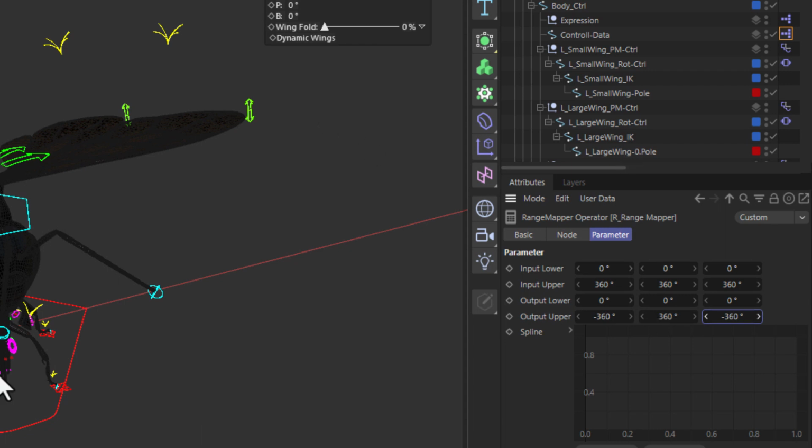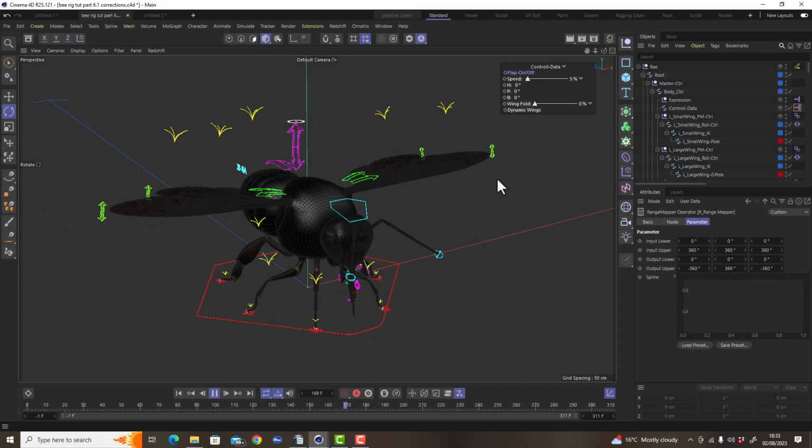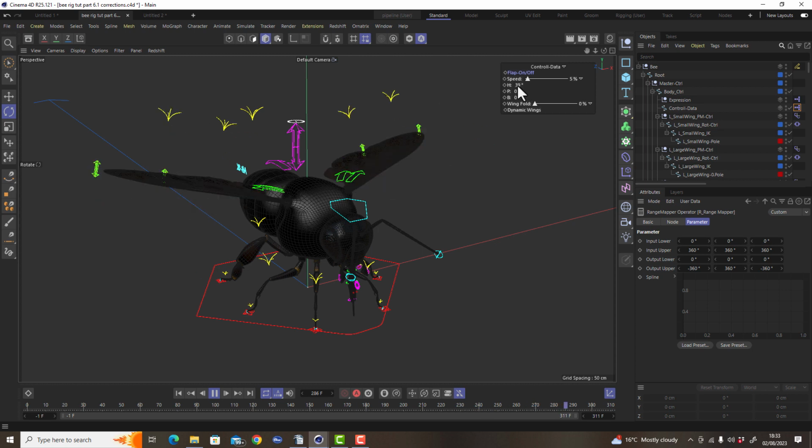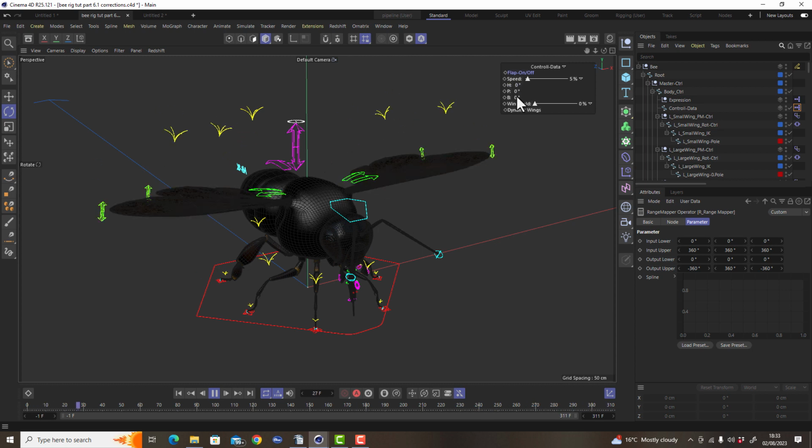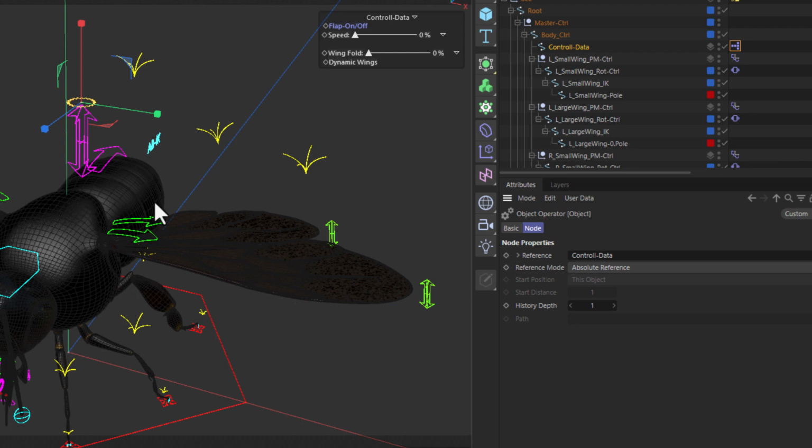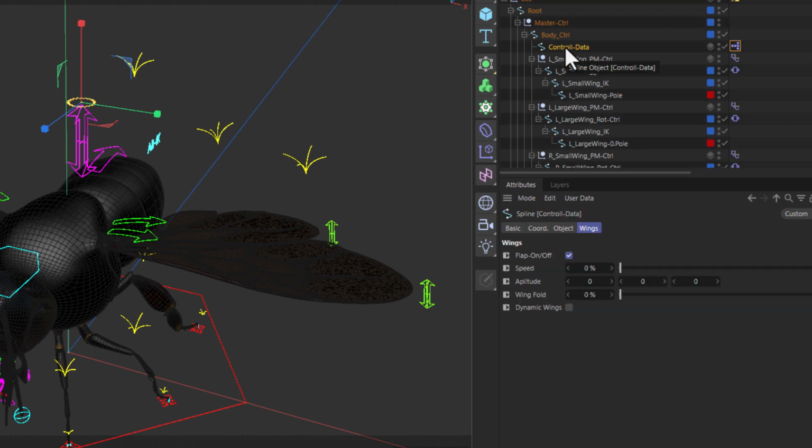Now that we've done that, we can now press play. We'll first do the heading. Fine. We do the bank. Fine. And then we do the pitch. And that's that. Now this HUD is going to be out of date now, so we're going to right click and remove the HUD. We're going to go back to our controller,